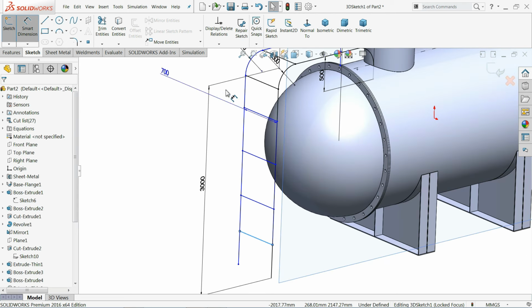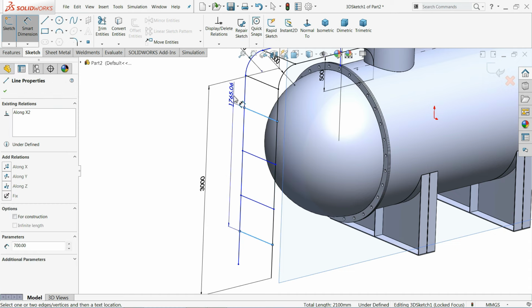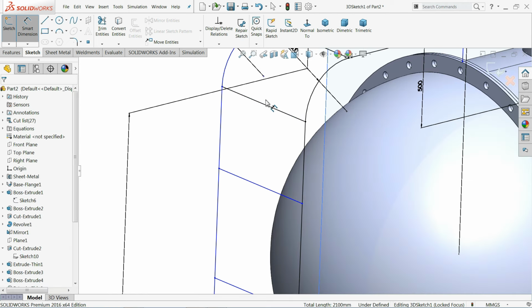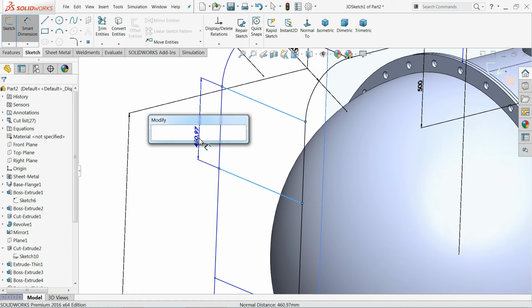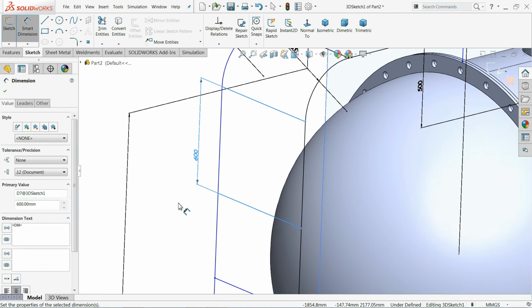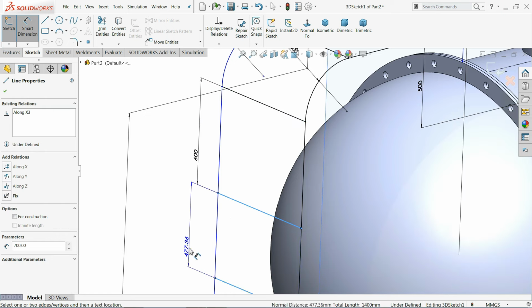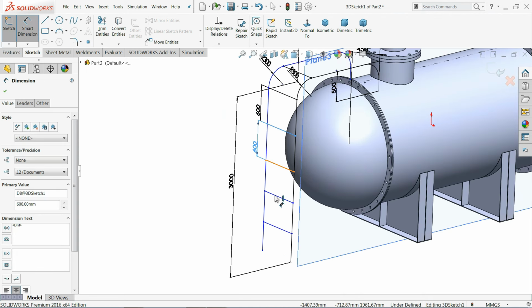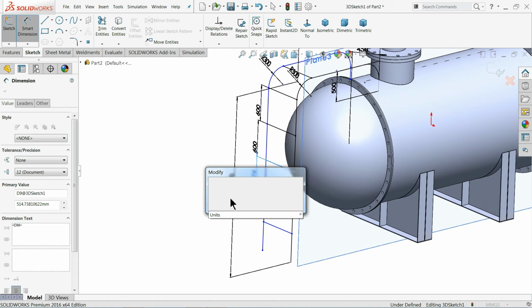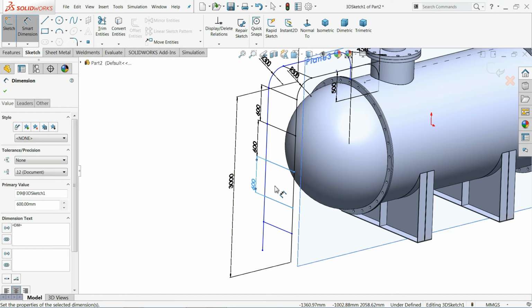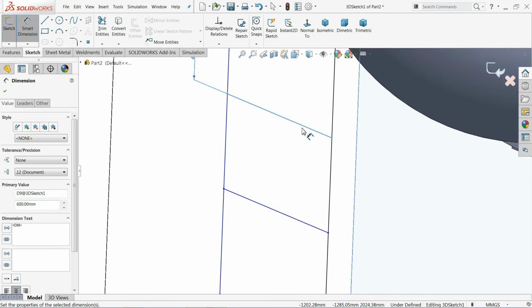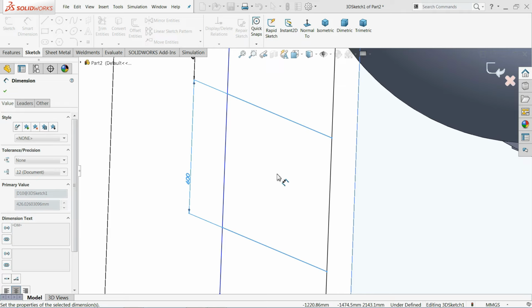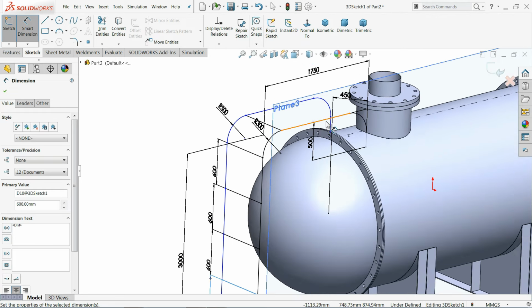Now let's try to define the distance. 600 millimeter. 600 millimeter. 600 millimeter. Now the last one is 600 millimeter. Now we will get a perfect shape. Now this is the geometry we required,